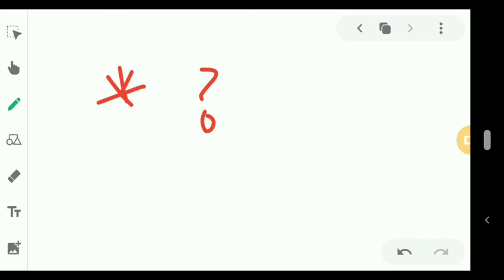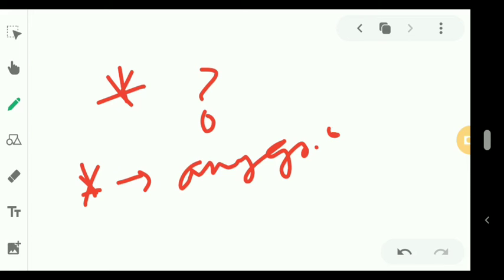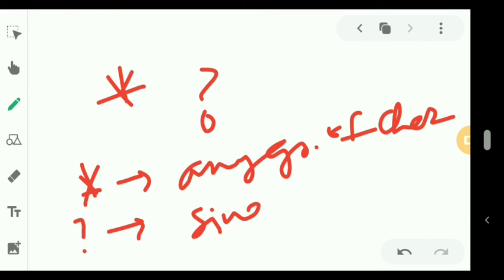These two symbols are known as wildcard characters. They allow the user in DOS to specify a group of files. The wildcard character star indicates any group of characters, and the question mark indicates a single character.